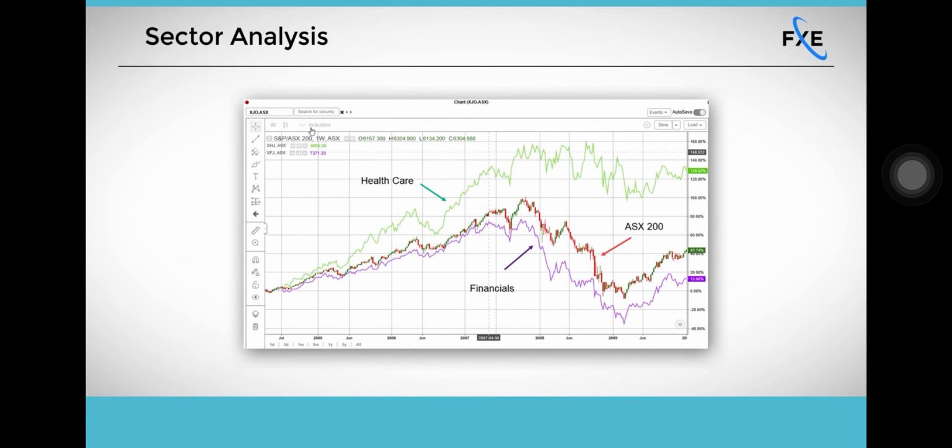Another great comparison is using the S&P ASX 200 index and overlaying the different sectors on the same chart. Comparing sectors to the index is pivotal to isolate how each sector is tracking compared to the index and can offer clues on potential changes in the market dynamics. The example that we can see on the screen is a weekly chart of the ASX 200, the healthcare and